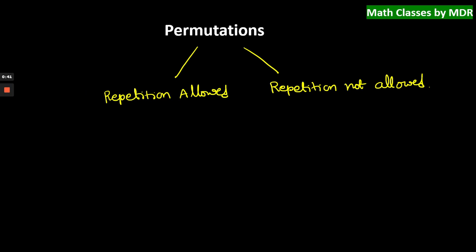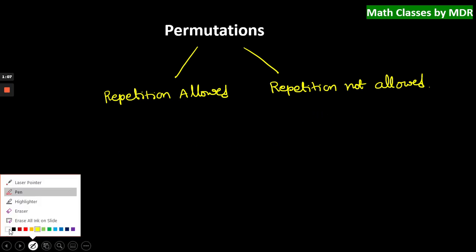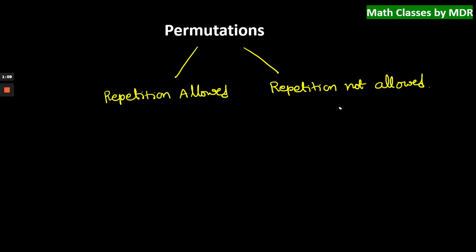We have dealt with two cases when solving the problems from exercise 7.1. In permutations we see two cases: one is the permutations when the repetition is allowed, and the second one is the number of permutations when the repetition is not allowed. Here I would like to add one more point. If the repetition is not allowed, here we can use the permutations formula as well.